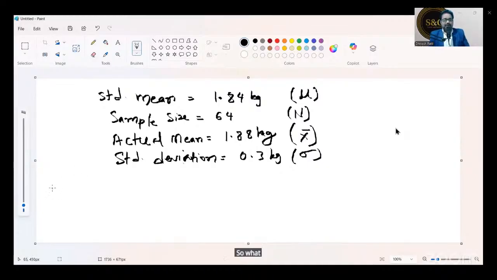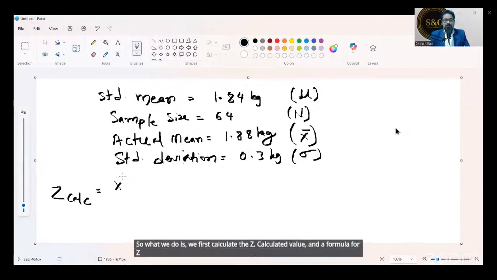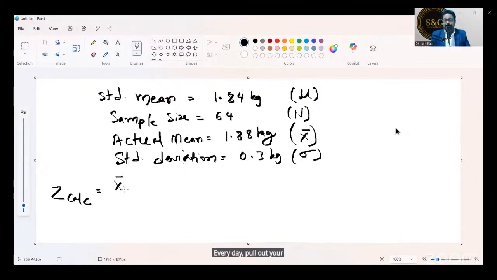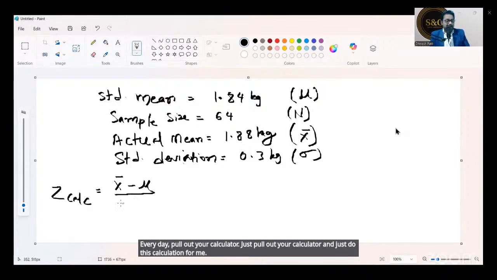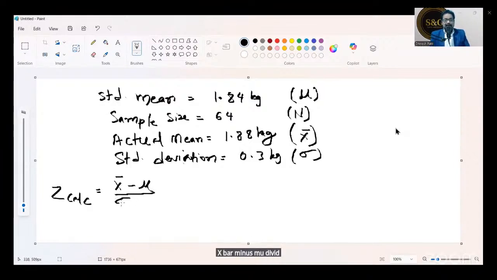So first we calculate the Z calculated value, and the formula for Z calculated value is, everybody pull out your calculator: X bar minus mu divided by sigma divided by square root of n.